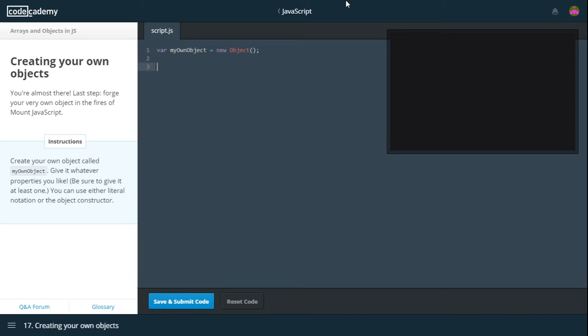So give it whatever properties you like. Be sure to give it at least 1. You can use either literal notation or the object constructor. So I will use both literal and object constructor just to give examples, and you guys can experiment with that more. So what the literal notation was, my own object, and you put a dot with whatever you want there to be, and I will just keep the simple thing, object name and my own object,